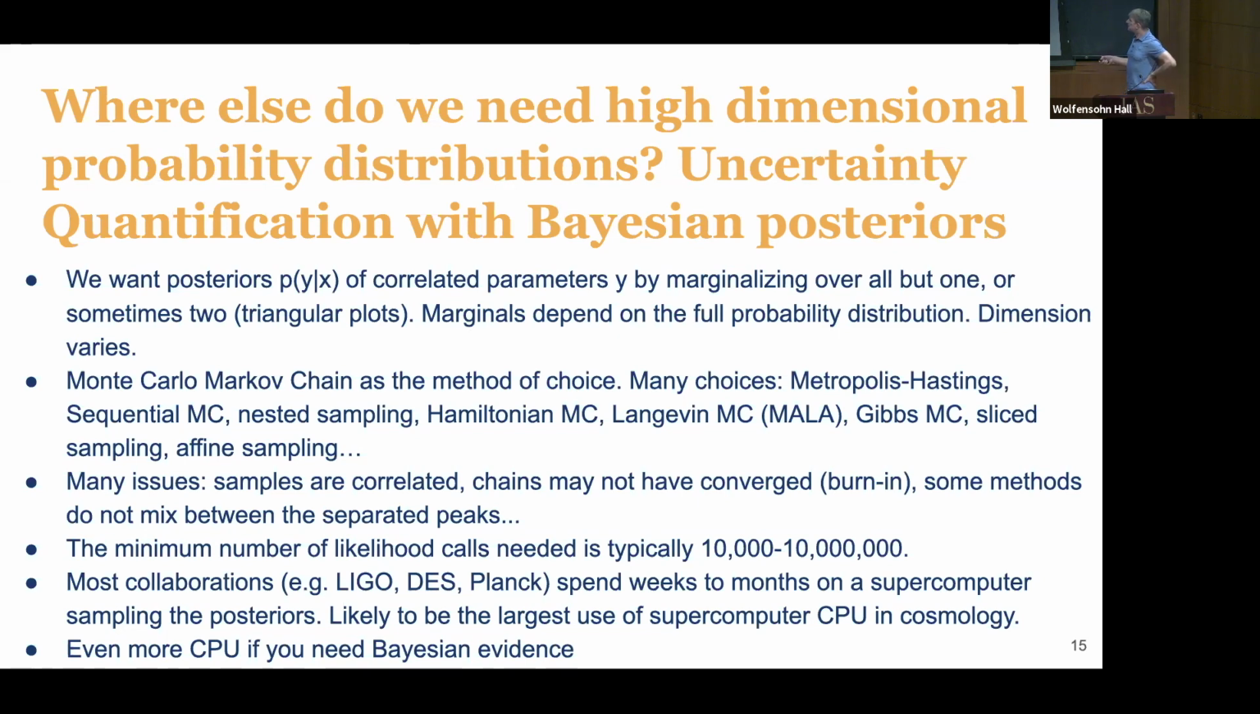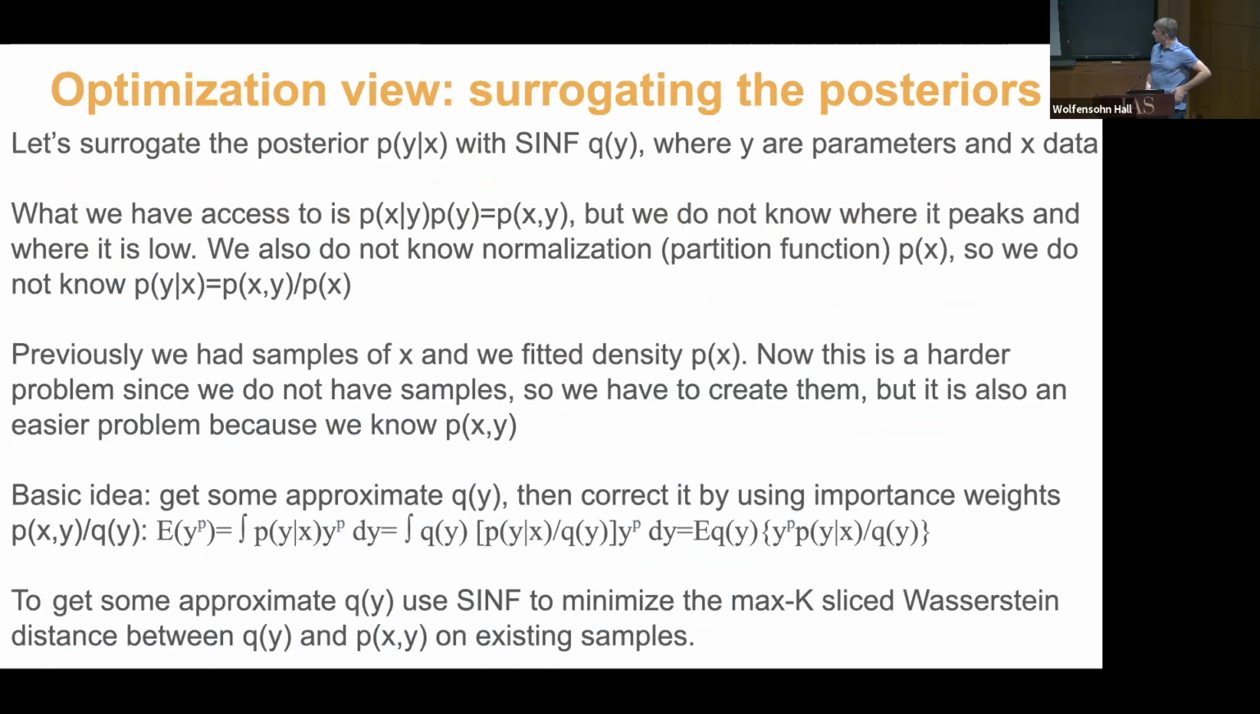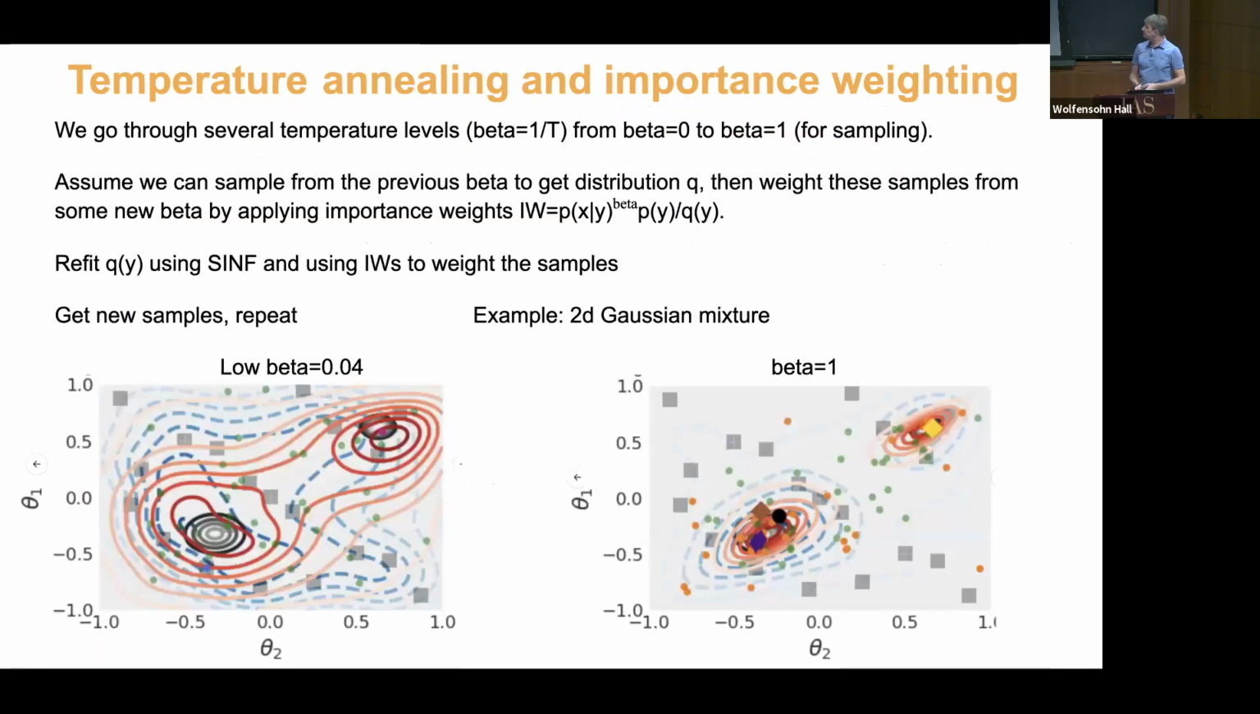And as a result, a lot of these collaborations in astrophysics and cosmology, like LIGO, DES, Planck, and so on, most of them actually, they're spending a lot of time running just MCMCs. In fact, probably it's the main use of supercomputer time in cosmology, the MCMC chains. So what we want to do is